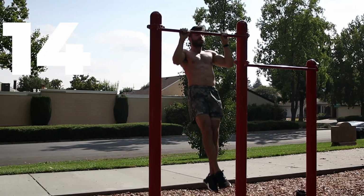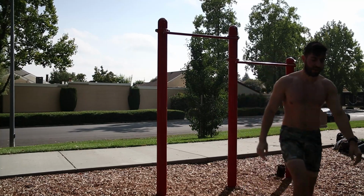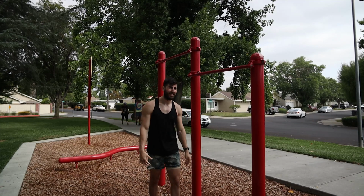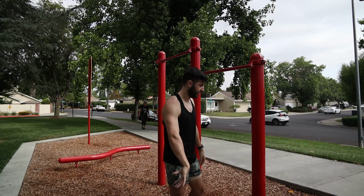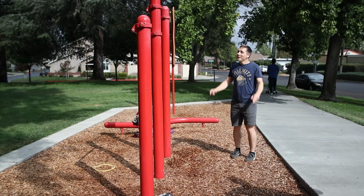Pretty much the same thing that we saw on the previous test, but I couldn't even do a muscle-up. So at this point, this is making no sense to me. Sometimes when I could do 14 pull-ups, I could do 2 muscle-ups, and sometimes I can't do any. Looks like this test might not be the best for figuring out if this myth is true. If only there was another way to test this while I'm here, but there's absolutely no chance that...